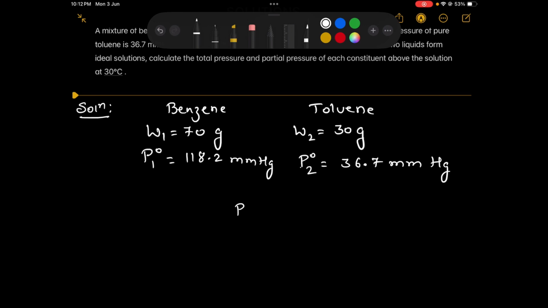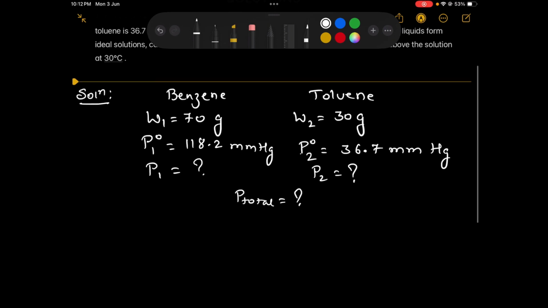That means we have to find out P total, and the partial pressure of each of the constituents above the solution. So P1 equals question mark and P2 equals question mark. Now we are going to use Raoult's law. So according to Raoult's law, we have P1 equals P1 naught into x1 and P2 equals P2 naught